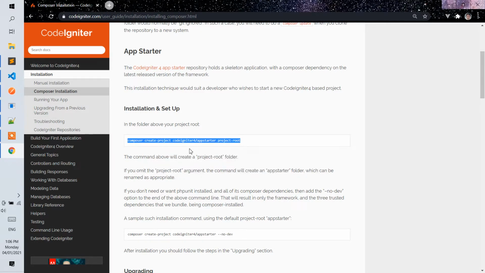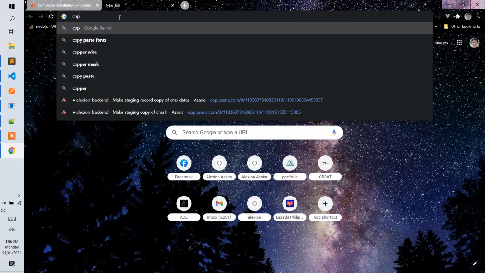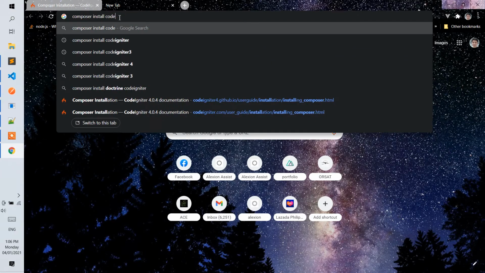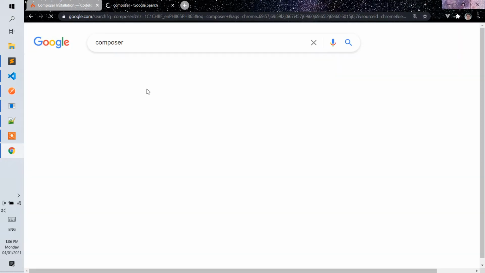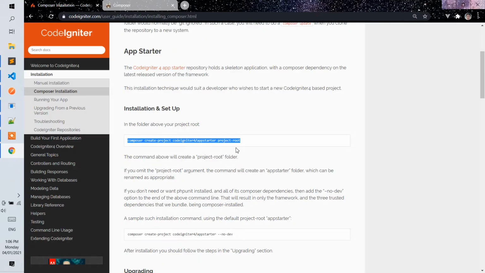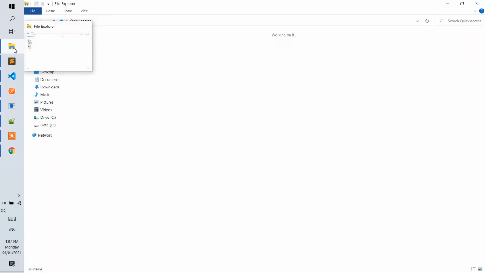So I assume you already know how to use Composer. If not, you can go to the Composer installation page like this, and download the package and install it in Windows. So let's try to run it. So I'm using